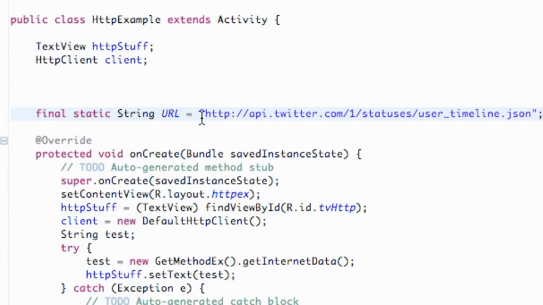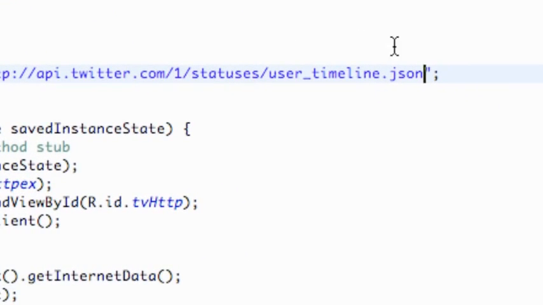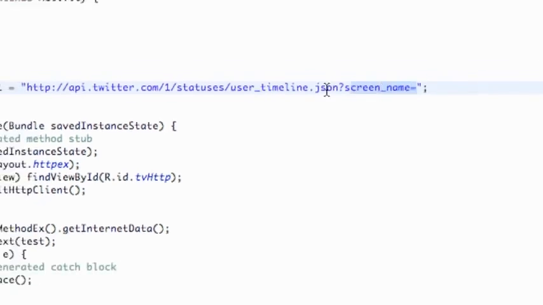Hopefully you guys will understand a little bit more about what we're doing. The first thing that we're going to do is add to this URL, because before I just wanted to show you guys it was a JSON type URL. What we're going to add to it is a question mark, screen underscore name equals, and for example what we're going to do is just copy this